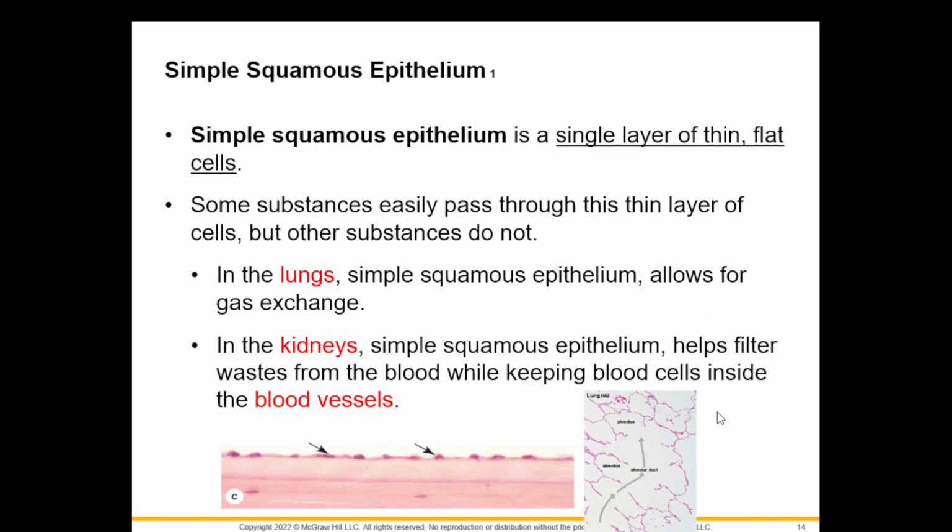Now, we are now going to apply the layer and the shape. We're gonna combine them. And the first type of epithelium we have is simple squamous epithelium. Simple meaning single layer, squamous meaning thin, flat cells. A special function of your simple squamous epithelium is exchange of substances. So as said in the second bullet, they allow some substances to pass through, but some substances are not allowed